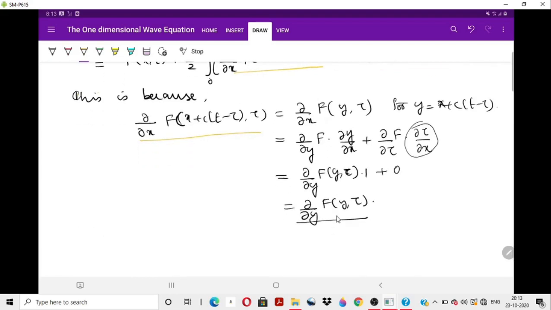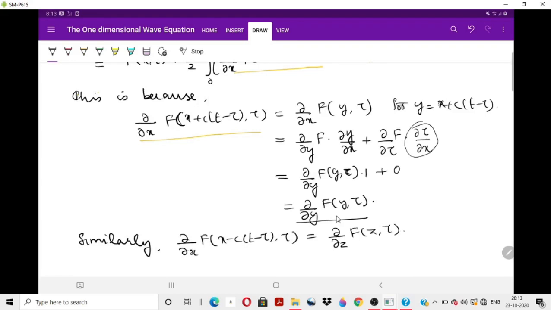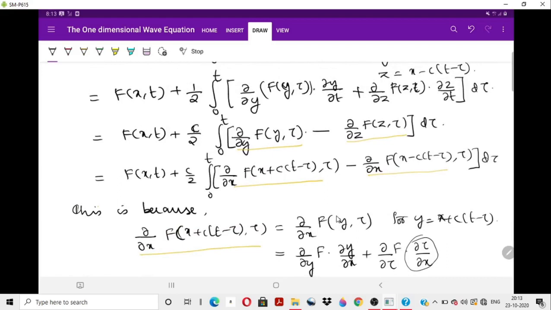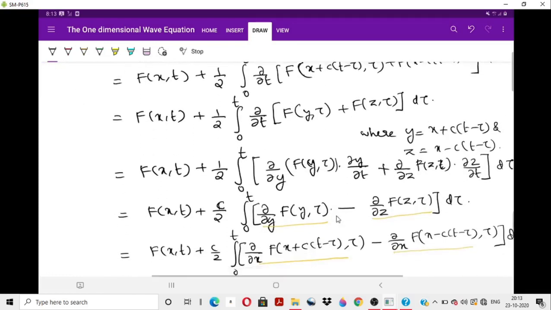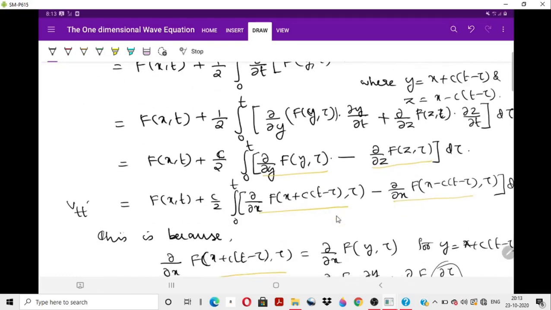Similarly, we can have dou by dou x of f of x minus c into t minus tau comma tau equal to dou by dou z of f of z comma tau. So thus we have obtained this equation, that is, we were calculating Vtt at x, t. So Vtt of x comma t we have obtained like this. Okay, then now again this can be written as